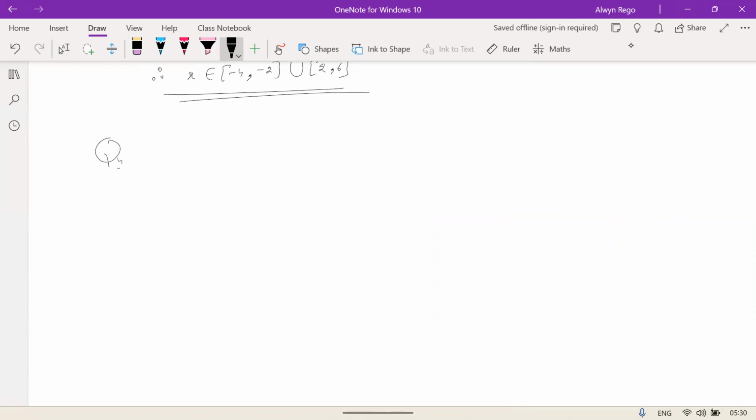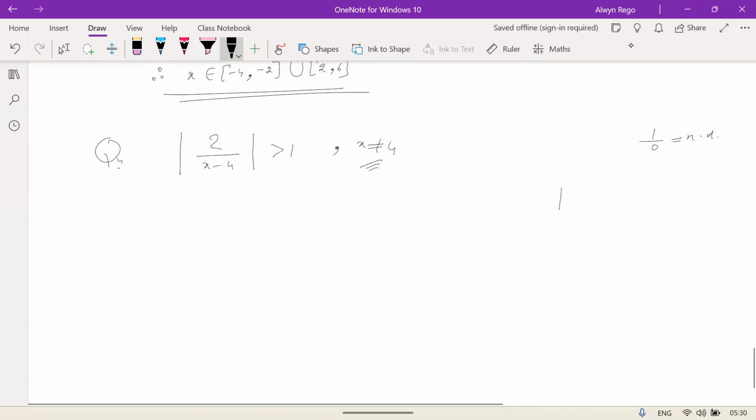Let's say you have the absolute value of 2 by x minus 4 is more than 1, where x is not equal to 4. Of course, when x is equal to 4, something upon 0 is not defined. Therefore, it's given that x should not be equal to 4. Good for us. So remember, the absolute value of a by b is always equal to the absolute value of a by